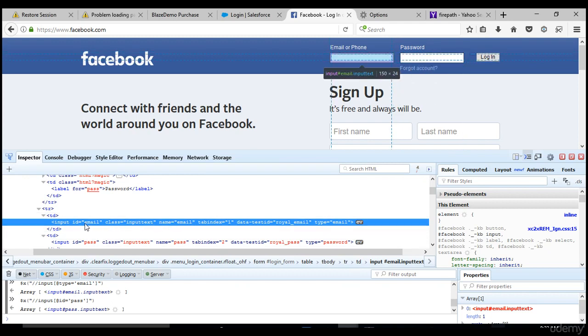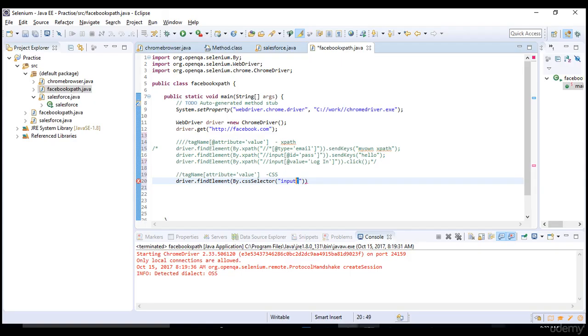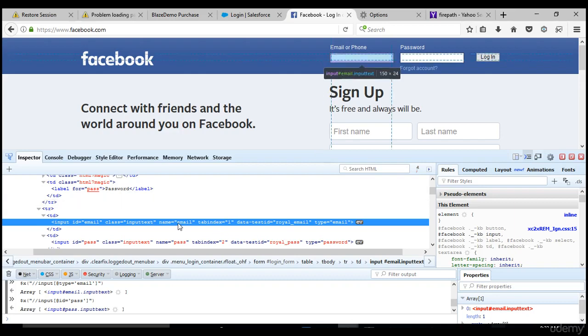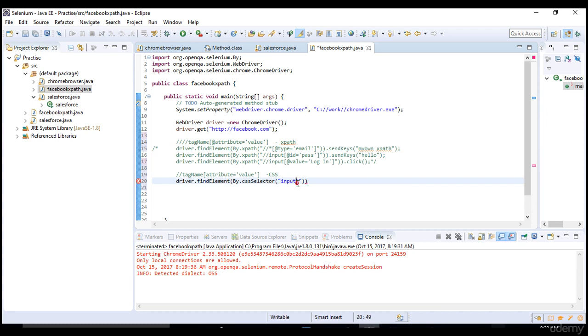Okay, let's take any attribute. For XPath we have taken the type attribute, right? So this time we will take the name attribute. Name, no @ as per the syntax, and it's email.